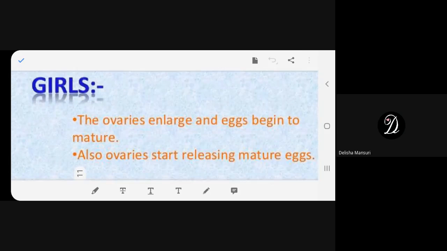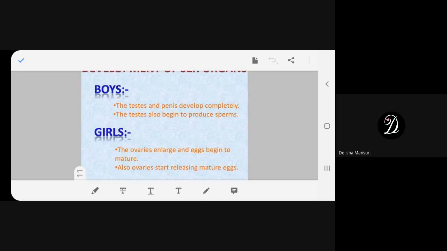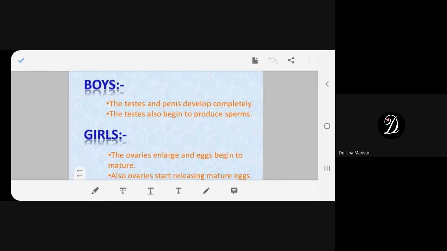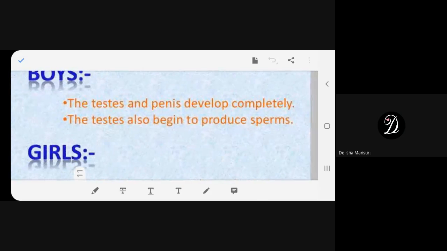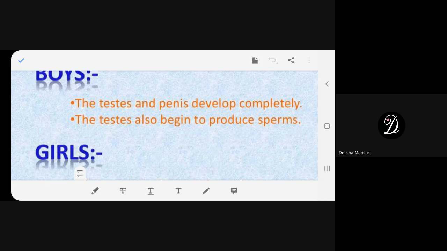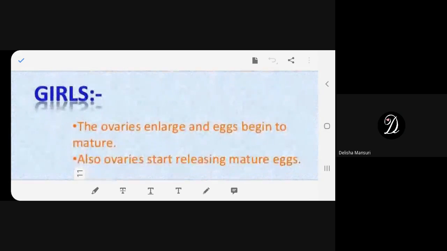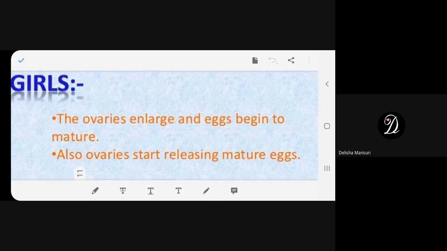Girls, the ovaries enlarge and eggs begin to mature. Also, ovaries start releasing mature eggs. Same thing. Okay, so you understood. I've taught you that in boys they can produce sperms throughout their life. What did I teach you? Boys can produce sperms throughout their life, whereas in girls or a woman,